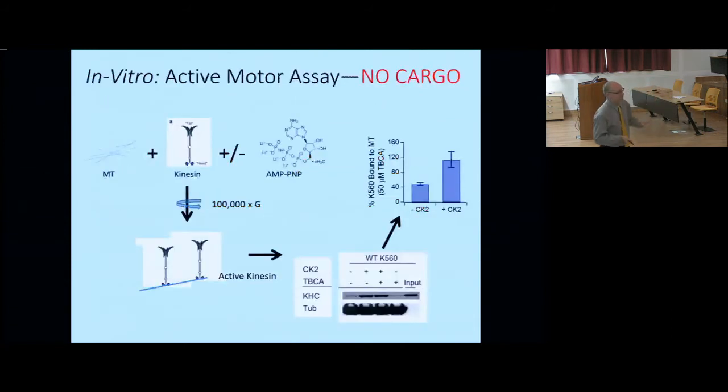And so the first thing you can do in vitro is you can get rid of the cargos. Right? So what we do is a simple pelleting experiment to look at activity, where we take microtubules and we add kinesin to them, and we're using AMP-PNP, which is a non-hydrolyzable analog, because the AMP-PNP locks kinesin in the ATP-bound state, which is a high-affinity state for the microtubule. So in principle, all the active kinesins should bind to the microtubules, and you pellet the microtubules, and then you look. So in the absence of CK2, you see some kinesin coming down, and in the presence of CK2, you see a lot more coming down. Okay, and